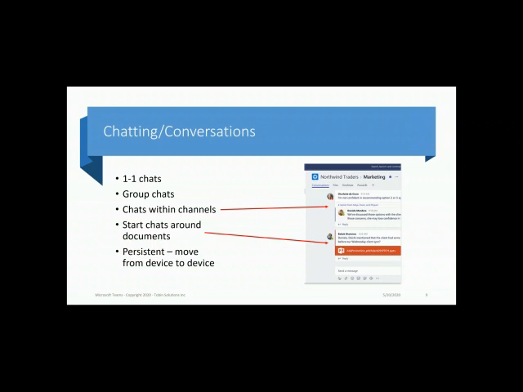It's just a one-to-one chat. So even if you don't have teams or channels set up, you can still chat back and forth. You can still do those group chats. Another nifty thing which I'll show is you can actually start a chat around a document, which is really